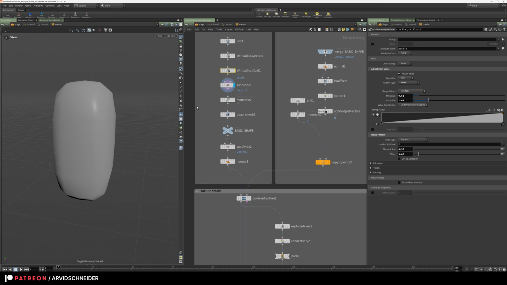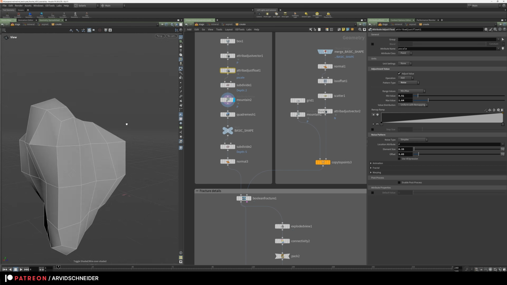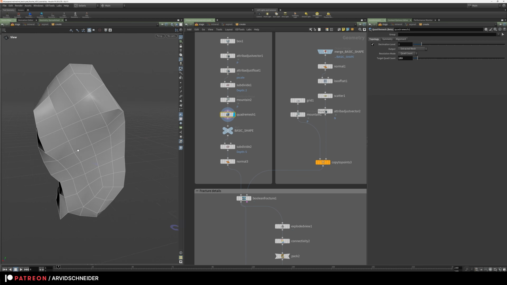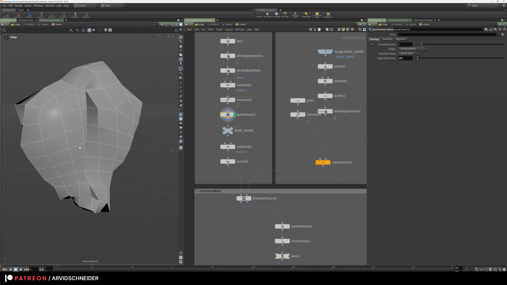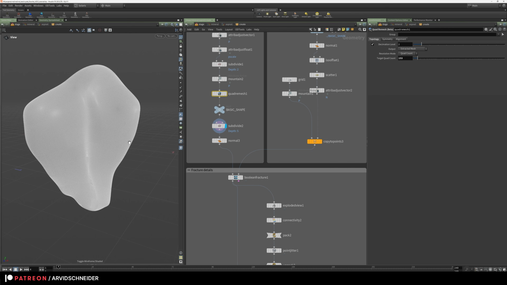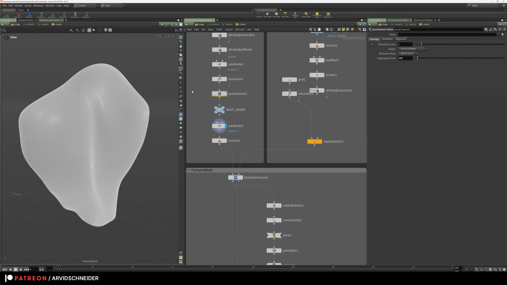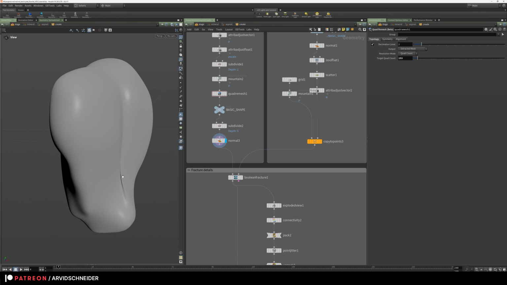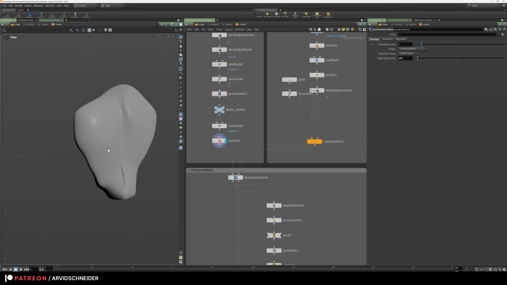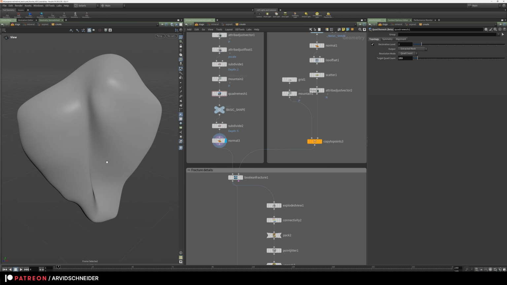Subdividing it to get it a little bit round, adding a mountain SOP to get some shaping, and then using the beta quad remesh node from 20.5, which just gives nicer edge flow. And then I'm subdividing by a lot to just get more details in here. And this will come in handy later down the line. Adding normals to it so it's all smooth and not jagged. And I like these dents here, so I kept them. These are artifacts from the quad remesher, but I like them for my initial rock or